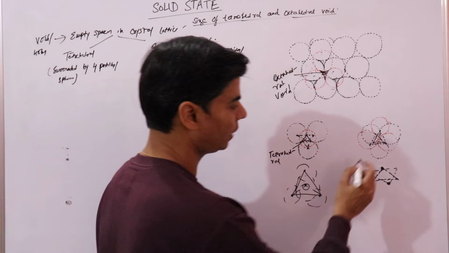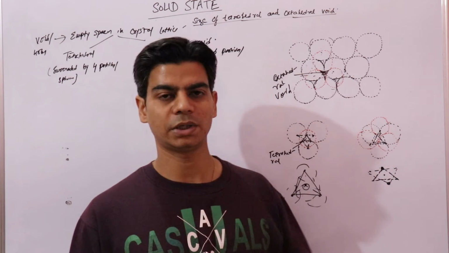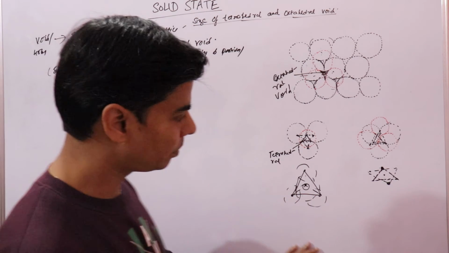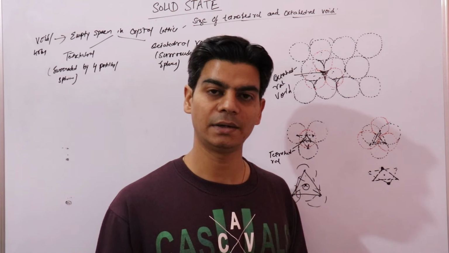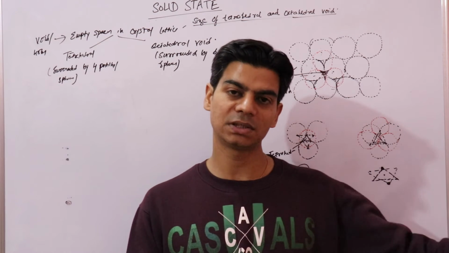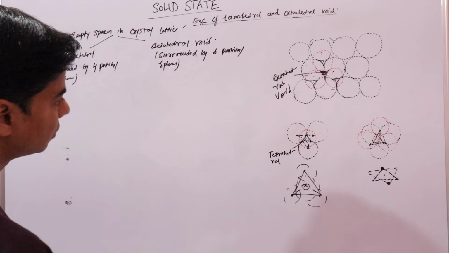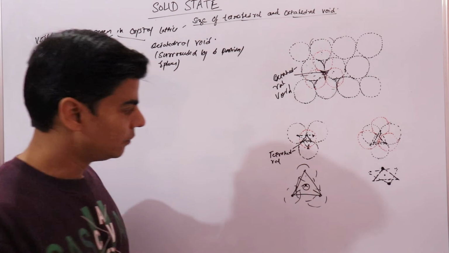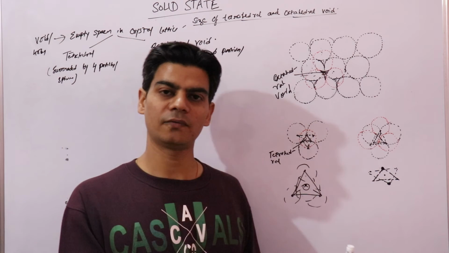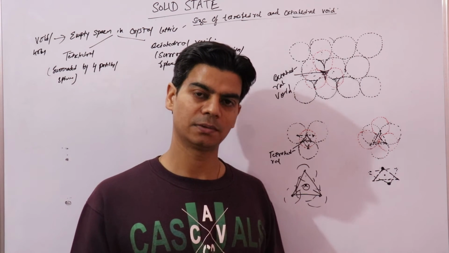You have an empty space between these two equilateral triangles, which is an octahedral void. So this is clear. Now let's talk a little about the size of these octahedral and tetrahedral voids, and in the next video lecture we will see how to derive the same relations. Since in this arrangement we have spheres, and between these spheres we have voids, which are again circular,